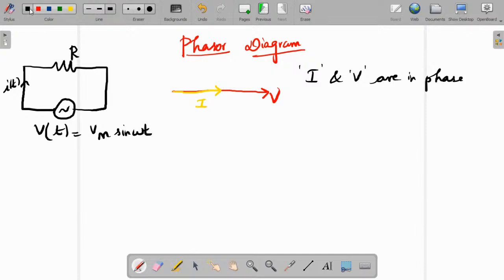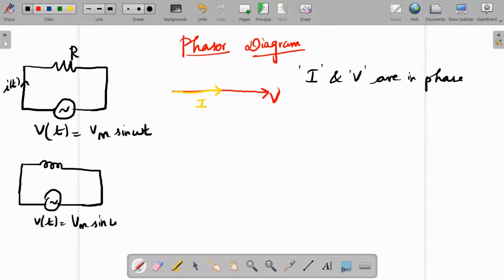Okay, similarly for inductive circuit, take the same V of t, that is Vm sin omega t, and I of t be the current flowing, and this is L. Okay, so here for a purely inductive circuit, current lags voltage. There will be a derivation for how it is leading or lagging, but we do not need that, just take what is needed. So here current lags voltage, or you can say voltage leads current,